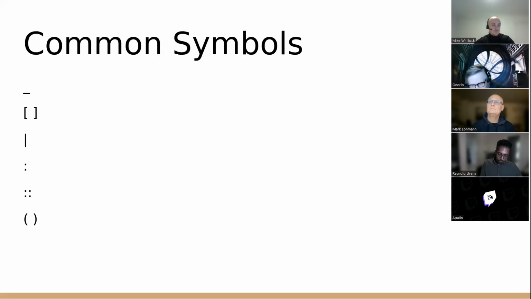So one last thing, there are a few common symbols you'll notice in almost every pattern matching implementation. I'm going to discuss a couple of them. Bear in mind, though, that even though these symbols are common, there may be some difference in the meaning associated with it in a particular language. So don't just look at it and say, oh, there's an underscore, so it means so and so. The underscore, you'll see it everywhere,